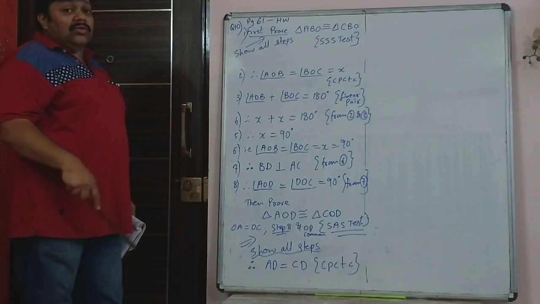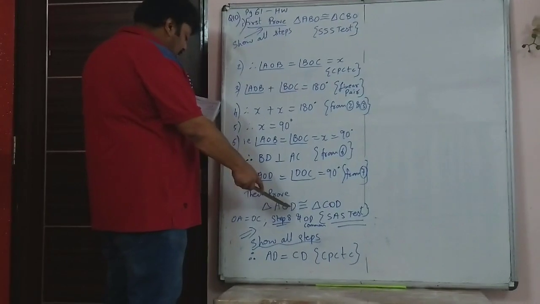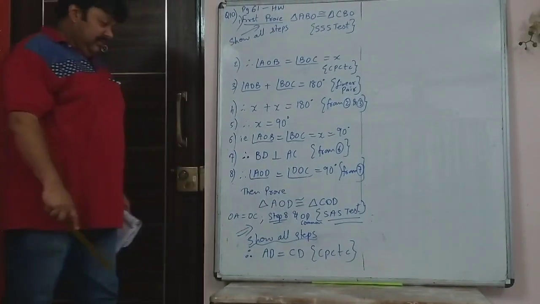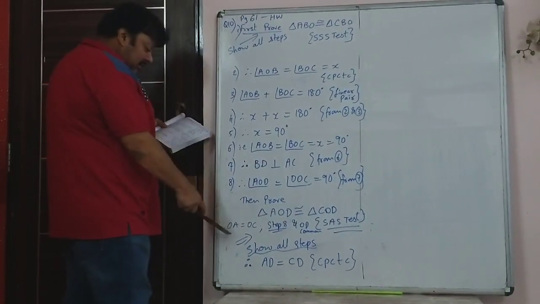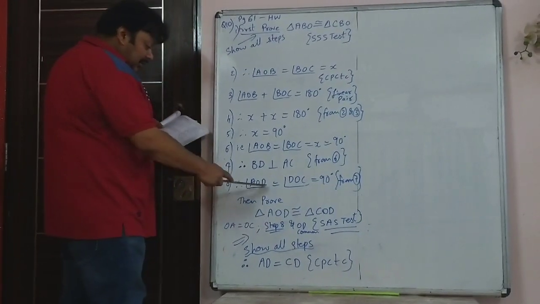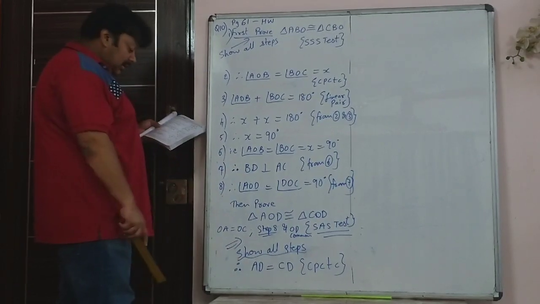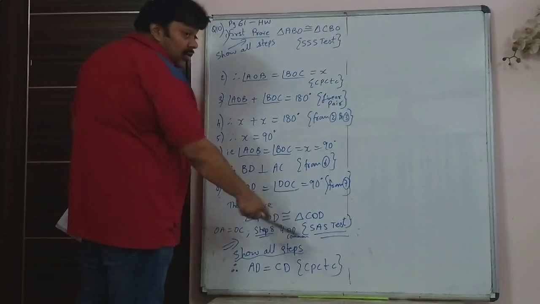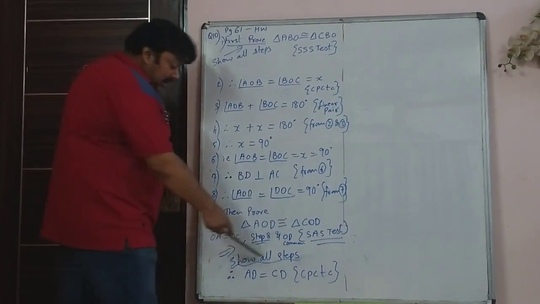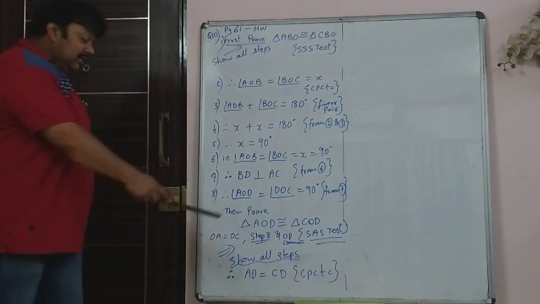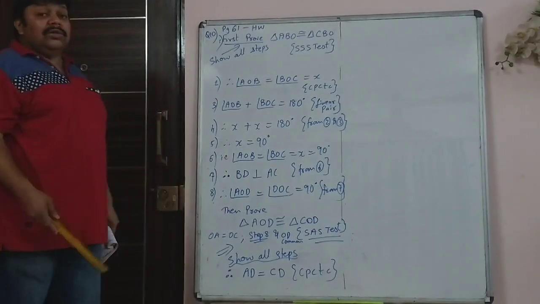Why did you need that? Because you needed it to prove the other triangles which you actually need to prove, that is AOD and COD congruent. You can prove that using these three steps. You have to write OA is equal to OC. Then, step number 8, you have just proved that angle AOD is equal to angle DOC, both are 90. And you can say OD is equal to OD, that is the common side. So you have to show those three steps there. And then write, therefore, those two triangles are congruent by SAS test. And therefore, AD is equal to CD, CPCTC.